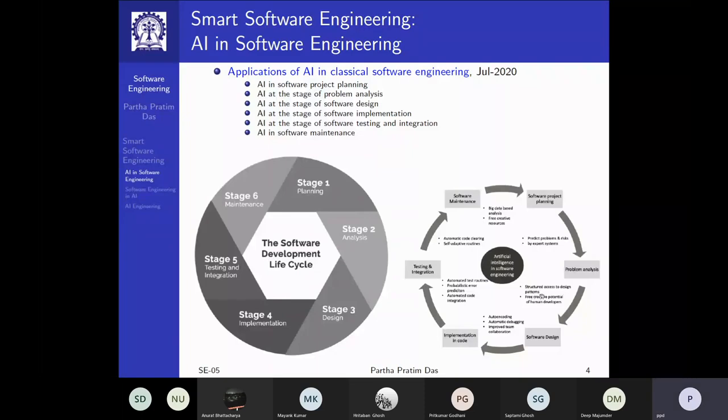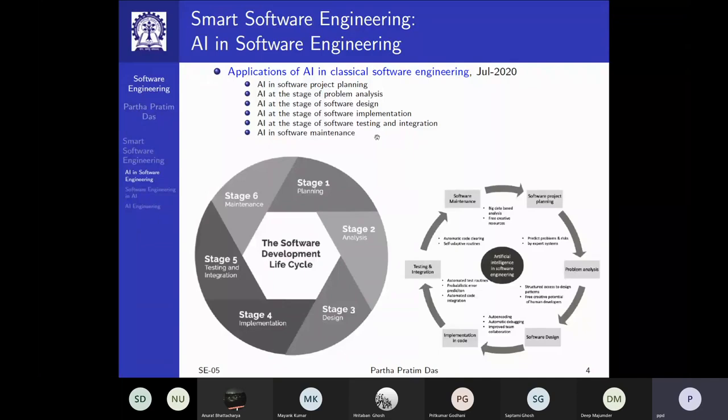you look at structured access to design patterns, free creative potential of human developers, still less intervention by the AI has been possible. And it goes on like that. But when you come from maintenance back to software planning again, people are trying out big data-based analysis as to what the challenges in maintenance are and how you should plan to make them better.